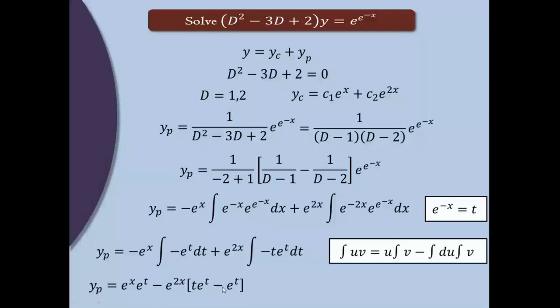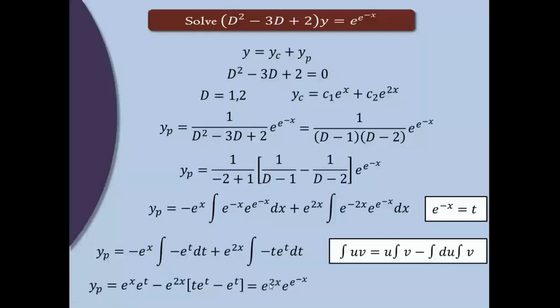Simplify it, take e raised to 2x inside, e raised to minus x, e raised to 2x. Some terms get cancelled. We get e raised to plus x, e raised to minus x, minus minus plus e raised to 2x into e raised to minus x. Now this becomes e raised to x into e raised to minus x. Same term we have here. So those two terms get cancelled. So the answer is e raised to 2x into e raised to minus x.